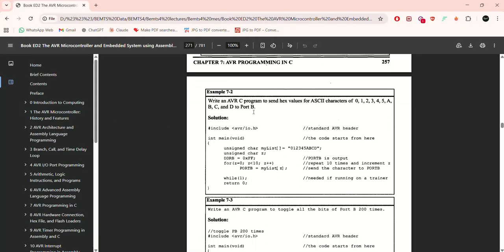In this example, we are going to program to send hex values for ASCII characters 0, 1, 2, 3, 4, 5, A, B, C, D to port B. Now again, we are taking port B as output. You can see they have set it on 0xFF basically, and they are storing the characters that they need to display. For the loop, then they are taking a